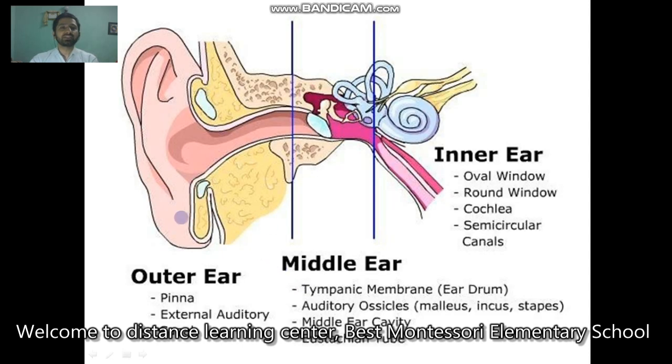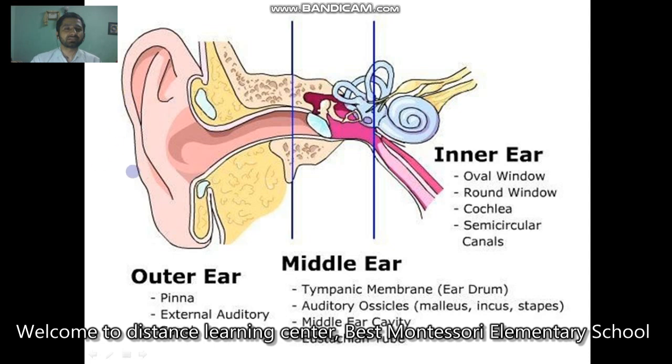What the external ear does is it receives the sound wave. That sound wave is transferred to the middle ear, and finally it reaches the inner ear, and from the inner ear the stimulation is received by the brain. Actually, it is first received by the nerve cells, and that nerve cell carries the sensation to the brain, and we feel the sensation of hearing.